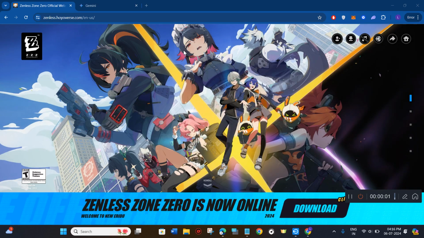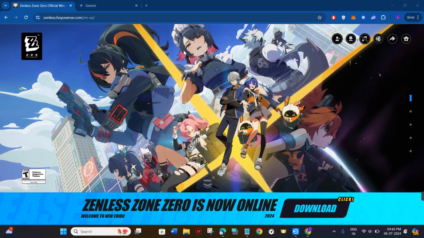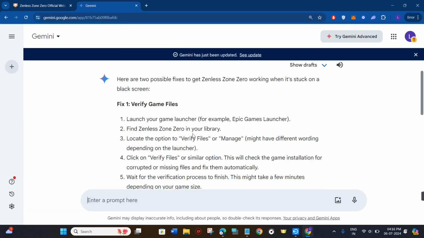How to fix Zenless Zone 0 stuck on black screen. Hello everyone, welcome to this video where I'm going to show you how you can easily fix the black screen error in Zenless Zone 0. So in order to fix the issue, the first thing that you need to do is simply